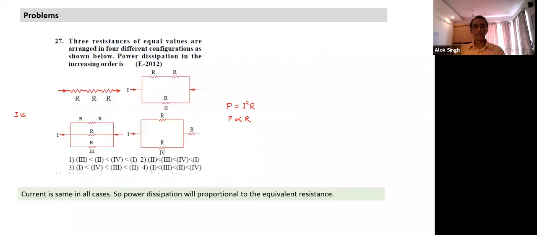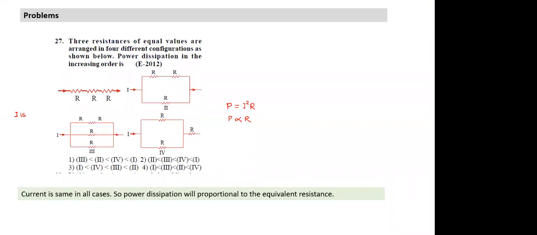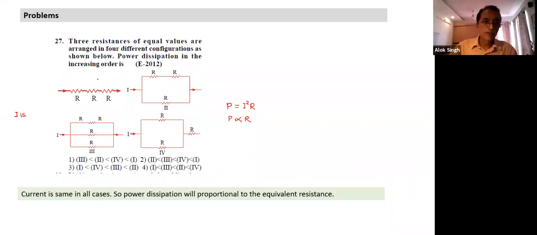That was a question, very easy to arrange. We can easily write the power order. So this will have minimum power consumption, and this will have maximum. This is 3R, this is R by 3, and similarly this is 1.5R, and you can calculate. So we can arrange them. I hope all of you found it a pretty easy question to solve. This is what we have done about power consumption.